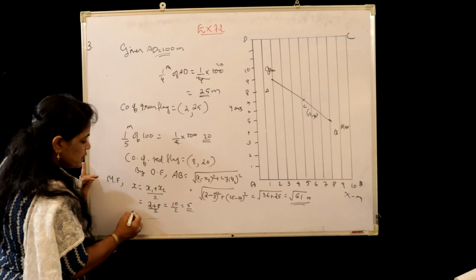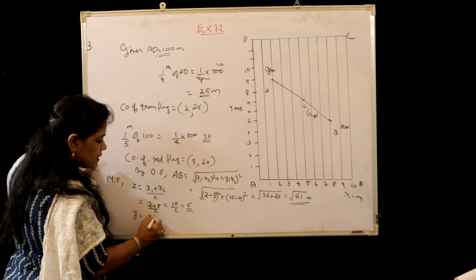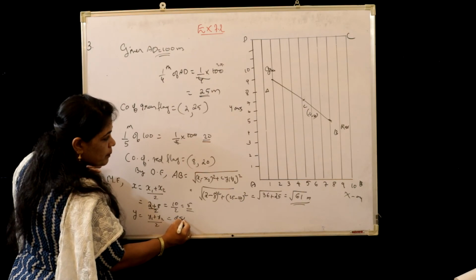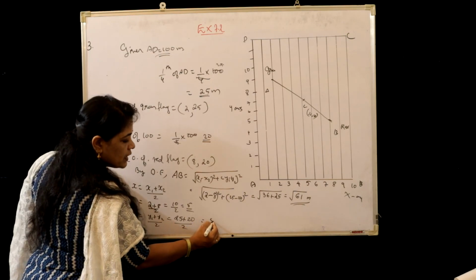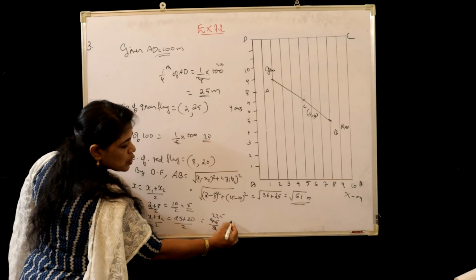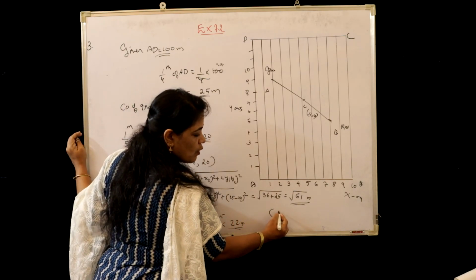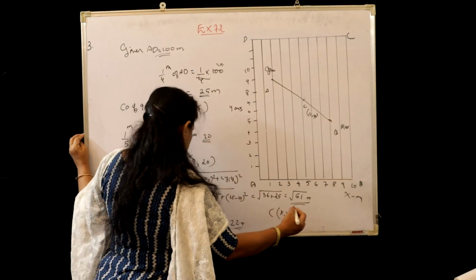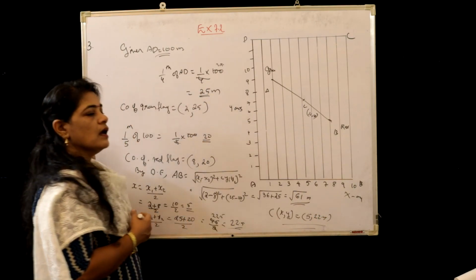And in order to get the y coordinate of the blue flag, that is (y1 plus y2) by 2, and y1 is 25 plus 20 by 2. That is 25 plus 20 is 45 by 2, and on dividing, 22.5. So what are the coordinates of C? The point C (x, y) is equal to 5 and 22.5. Okay, so this is